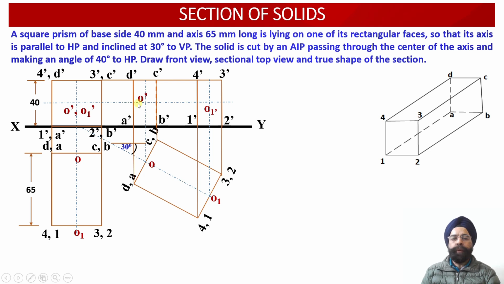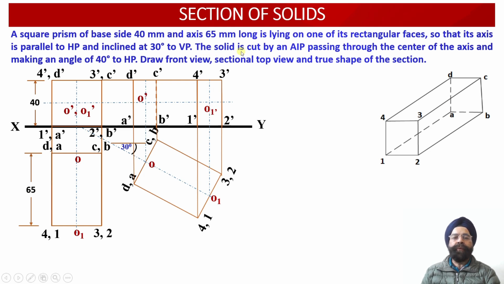Now in the front view projections, we can see this is point O dash, that is the axis point corresponding to the rear face of the solid. This is axis point O1 dash, which is lying in the front face of the solid. Now, the distance between these 2 points we have known through the construction over here. Now we are going to measure this distance between the 2 axis points which happen to lie on the rear face and the front face of the solid respectively. Now, once we measure this length, that is O dash and O1 dash,